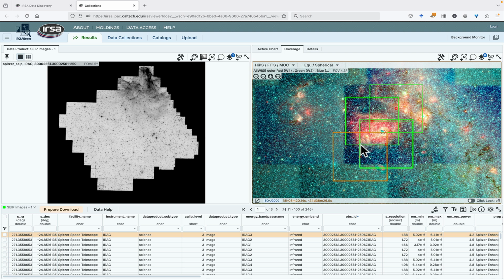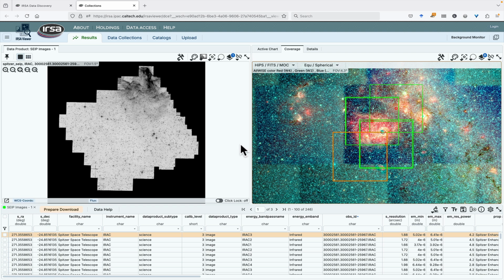But I know from the work that I'm already doing that it turns out I actually want stuff over a larger region. And I probably need to see if there's data covering this corner or this corner. So what do I need to do to find those additional tiles? There's a couple different things I could do, but having learned that the data products that I need are SEIP,